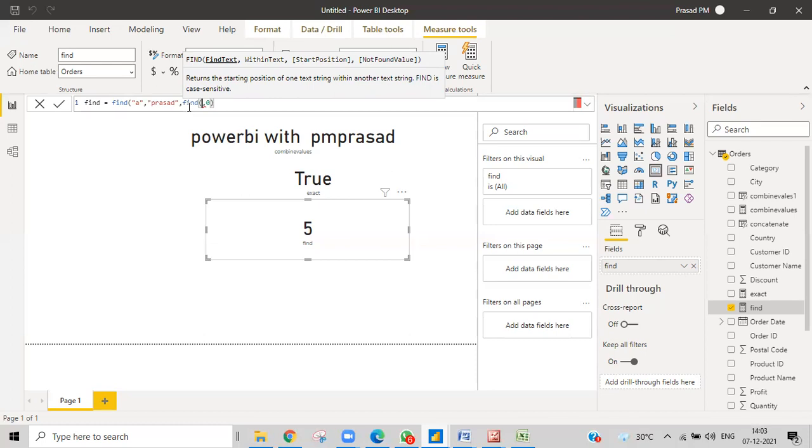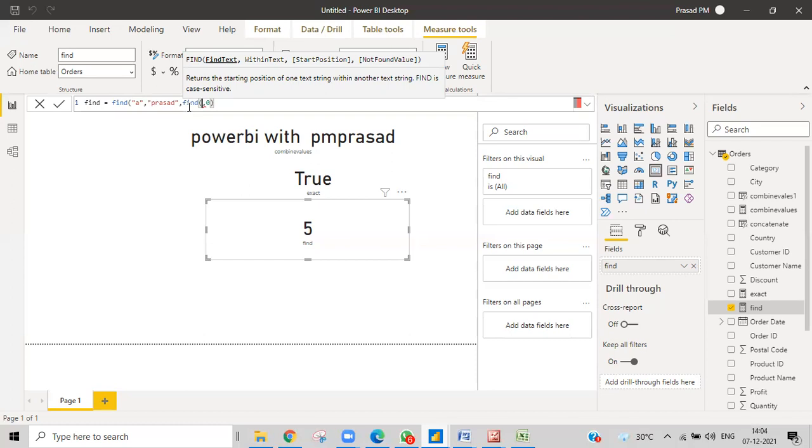Rather than hard coding the part, I want to make it dynamic. Every time the value or the name may change, but it will stay dynamic. Earlier I gave 4 because I knew the position of the first occurrence of A is at 3. If I don't know the position of that first occurrence, then obviously I can't find it. So here we'll make it find that dynamically.